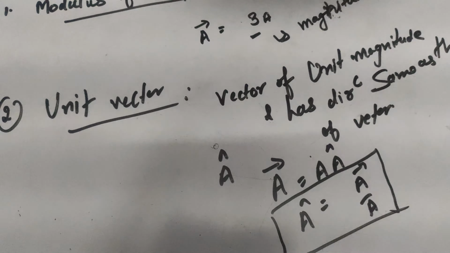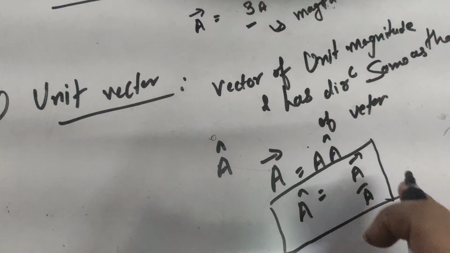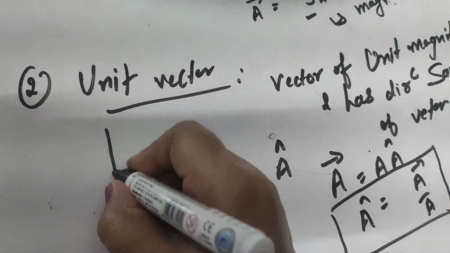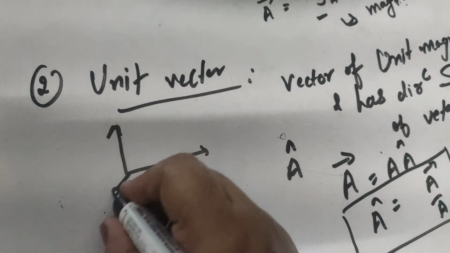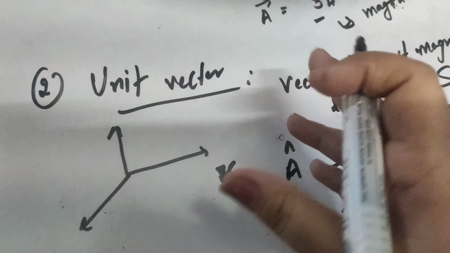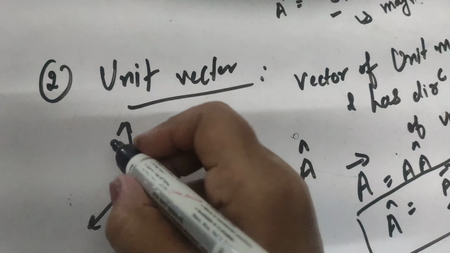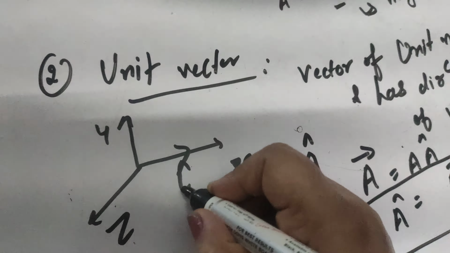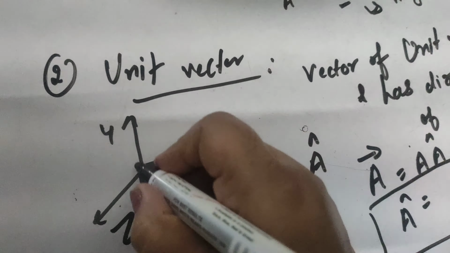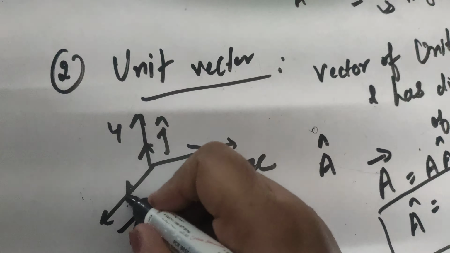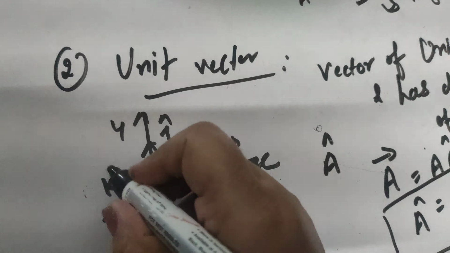Let us have a look over one numerical for that. Before doing the numerical, I want to tell you that if we are talking about xyz coordinates, the body can move in any of the three directions, and a vector can be associated with that body in any of the directions x, y, z. Then conventionally i cap represents the unit vector along the x-axis, j cap represents the unit vector along the y-axis, and k cap represents the unit vector along the z-axis. Now let us have a look over a numerical.